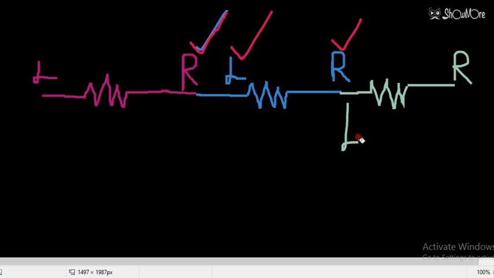So students, the first rule for series combination is that one end of a resistance should be connected to the opposite end. You can see the right end is connected to the left. Here again you can see the right end is connected to the left end of the resistance. So this is basically called series combination.